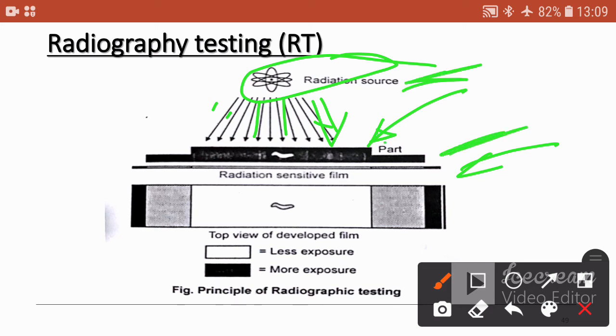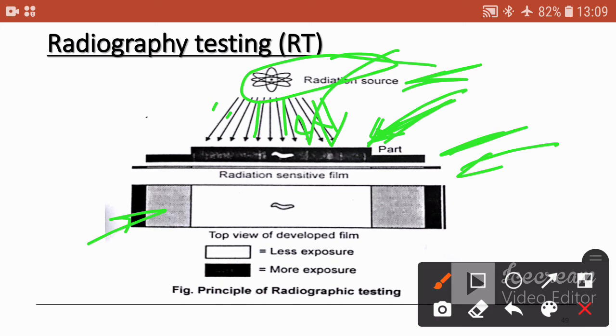When radiation falls on this part and this film, the film captures all the radiation. And you can see such a film after the radiation falls.